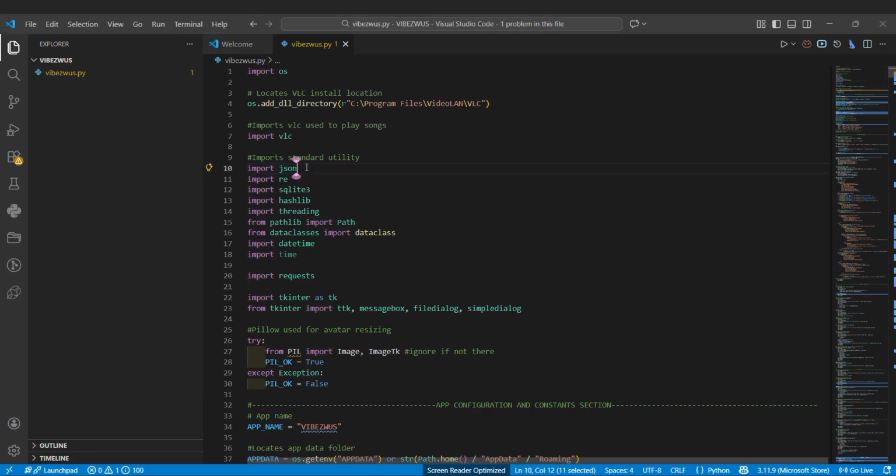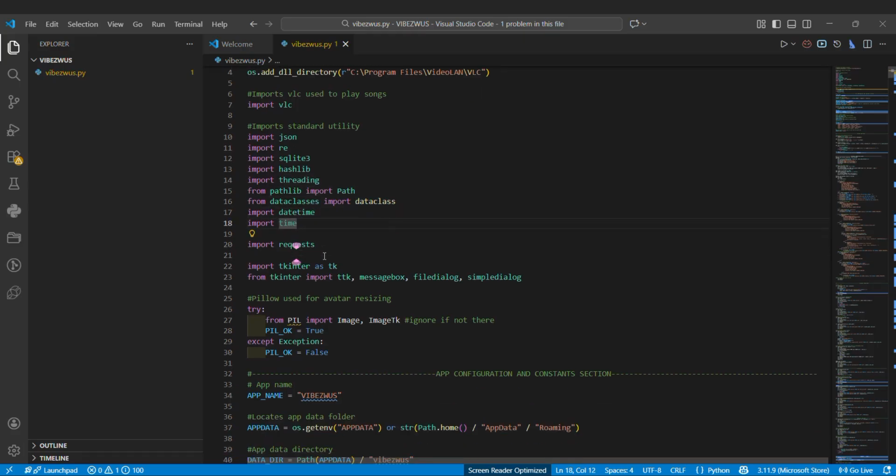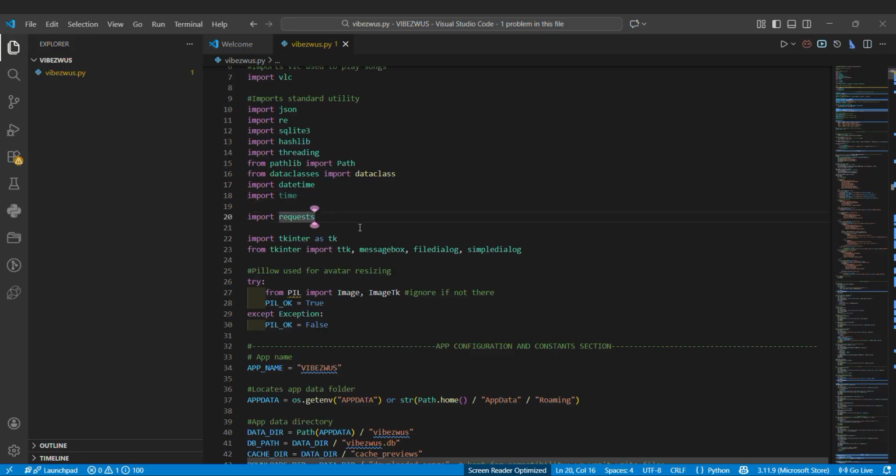After that I imported a few standard libraries. JSON is to store track info in a clean format inside the database. This one is for cleaning text, like save file names, and SQLite3 is for the database. Hashlib is to hash passwords securely. Thread is so the API doesn't freeze the UI, and Path is for file path handling. Dataclass is for a clean track object. Datetime and time are for timestamps and delays. Furthermore, there's requests for API calls, and finally Tkinter and its modules for the GUI, like button, message box, and